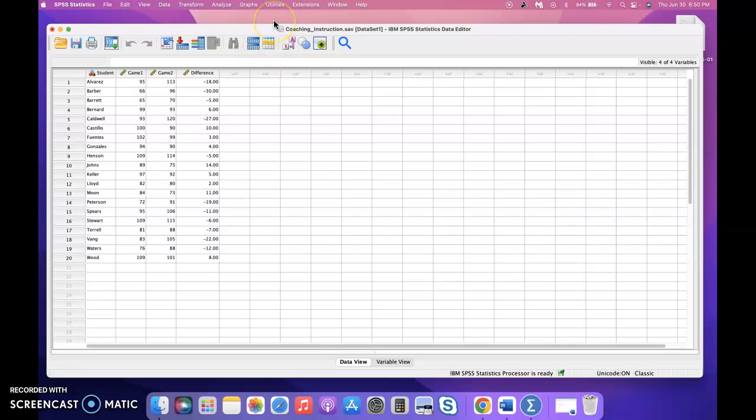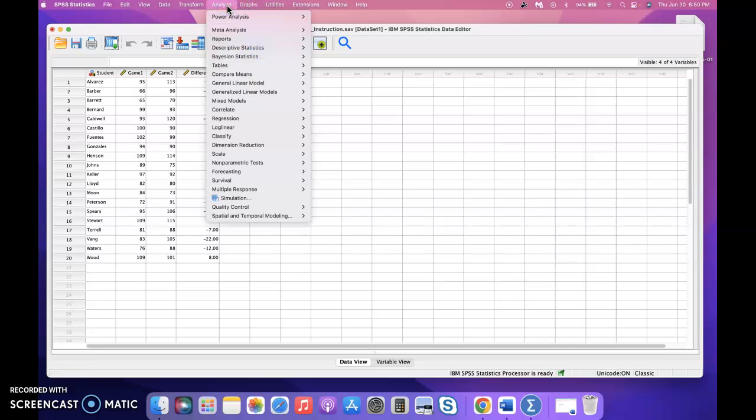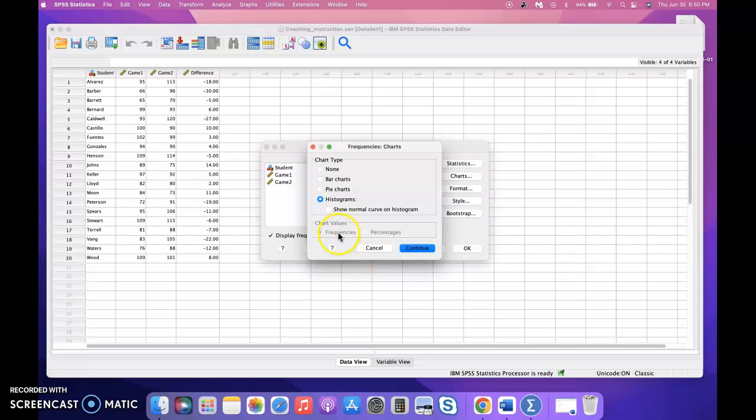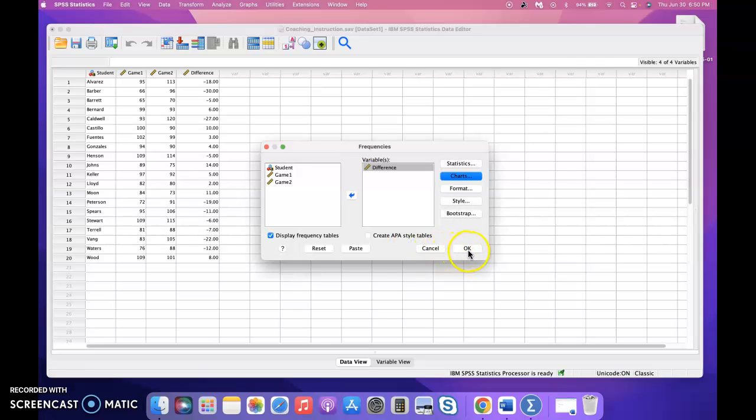So to do that, we're going to go to Analyze, then we'll go down to Descriptive Statistics, and then Frequencies. The difference will be our variable, so we move it over. Then we also want to go to Charts, because we want a histogram of that, and we would also like to show the normal curve on that histogram as it gives us a little bit better picture. Then we hit Continue, and we want to not display the frequency tables because we really don't care about the frequency of that difference variable. So we'll unclick Display Frequency Tables. Then we hit OK,